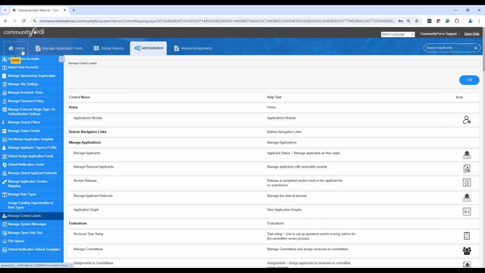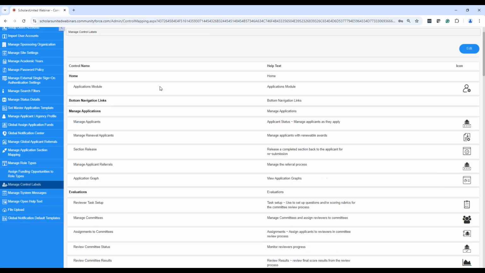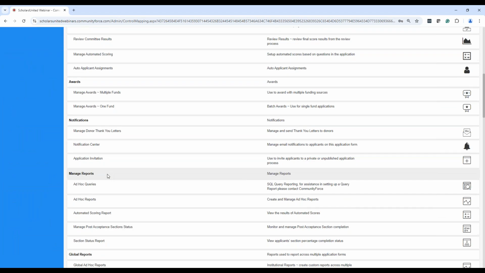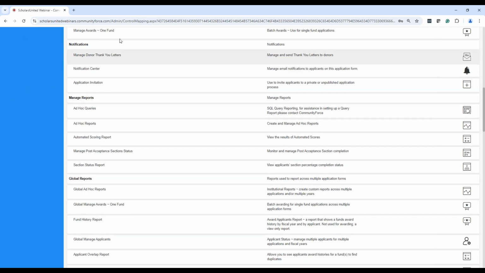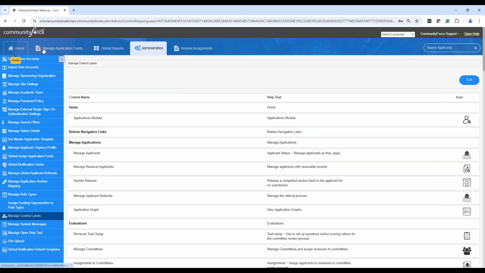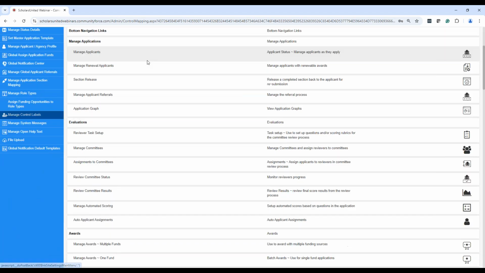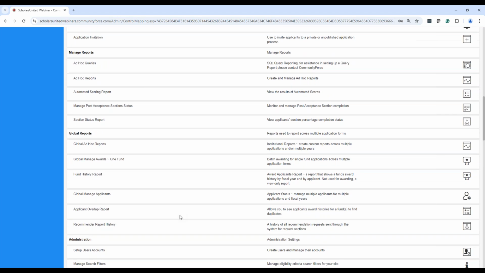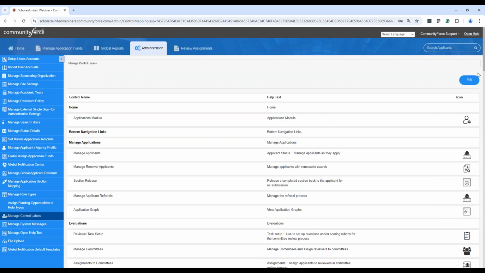When you drill down, maybe on the home page, you click on the application form. There's an evaluation tab, there's an awards tab, there's a notification tab. You've got managed reports, global reports, all of these that are bold are tabs that are either across the top of the page or maybe a sub tab once you drill down into something, it's going to be across the page here. Those are tabs. Then under each tab, like here I'm under administration, if I scroll down here, these items are going to be the menu items that are underneath that specific tab. Okay. And then if you want to change any of them, you go over here to the edit